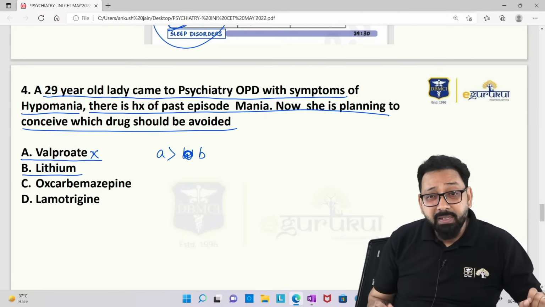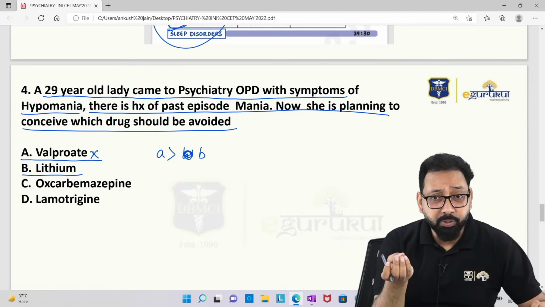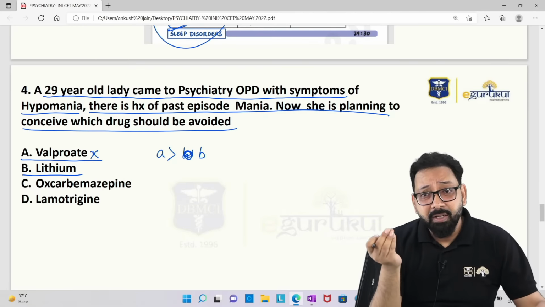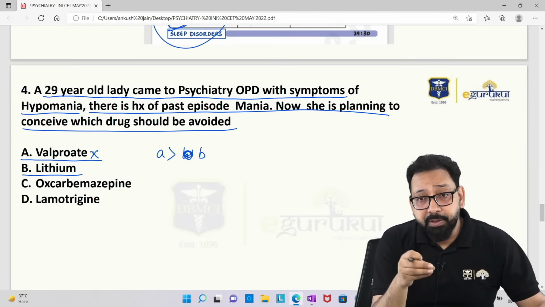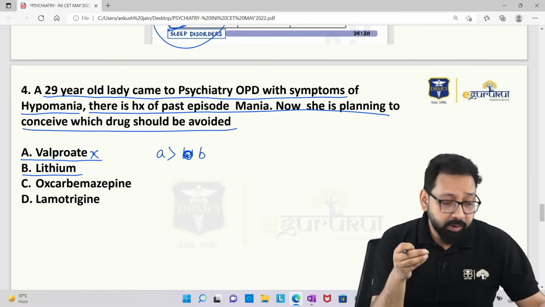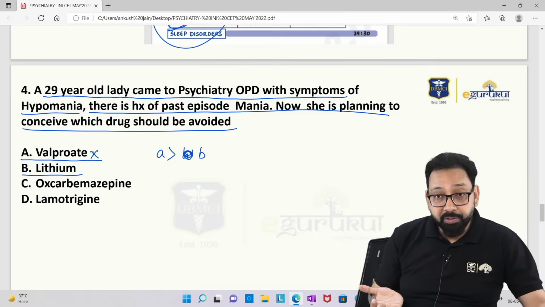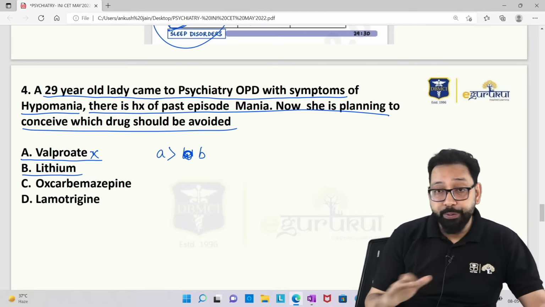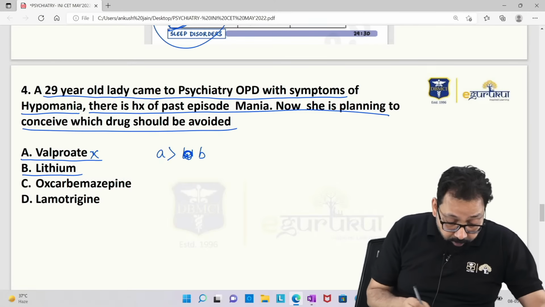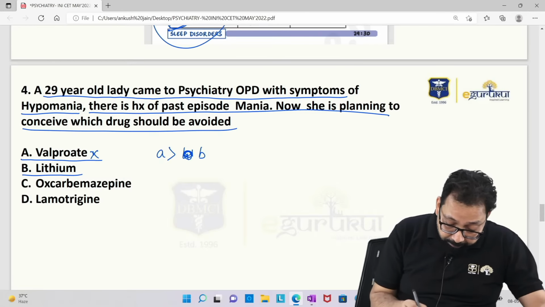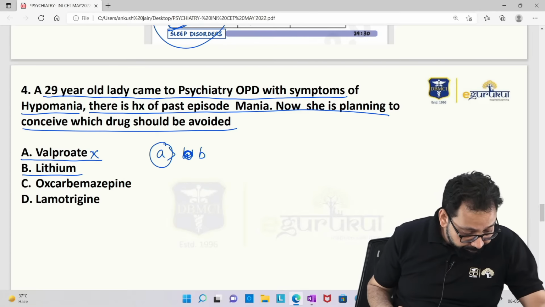So incidence is more, and this one question is also asked in future. They can ask, suppose a patient comes to you, has started on lithium, and now the patient has conceived, and this patient came to you after 4 weeks, 5 weeks, 6 weeks of pregnancy. Then what will you do? You will stop the lithium? No, you will continue the lithium and you will do fetal echo. Okay. So this is also a question. So in this, the better answer is A than B, lithium.